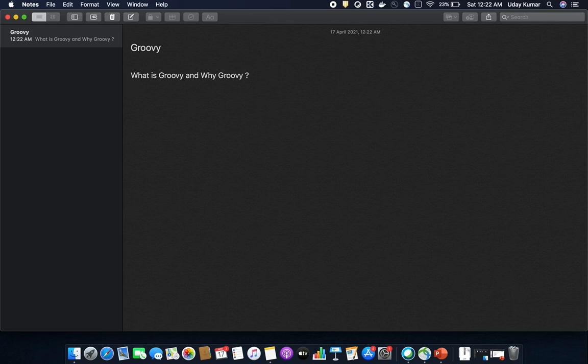So before we explore the need and necessity of Groovy, let us try to understand the life cycle of a typical software project. For instance, let's take a banking project. Banking project life cycle. So any project would have at least two phases, right?